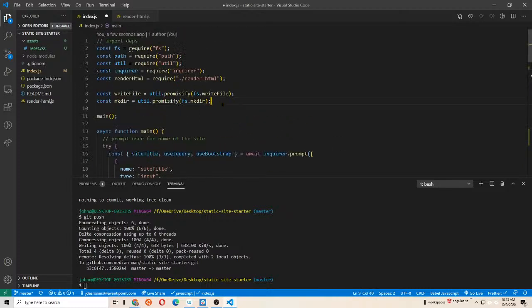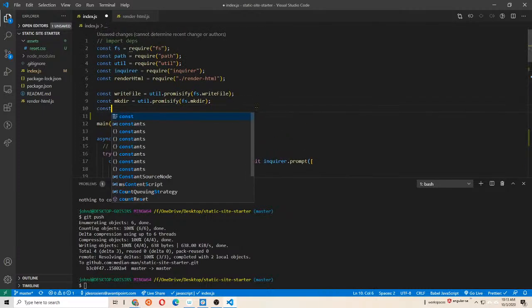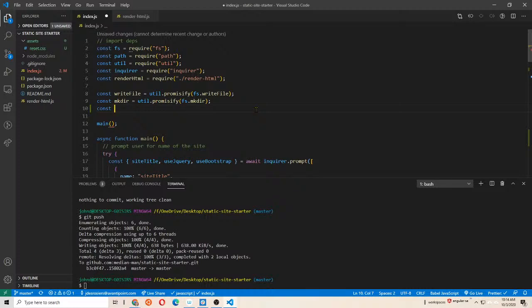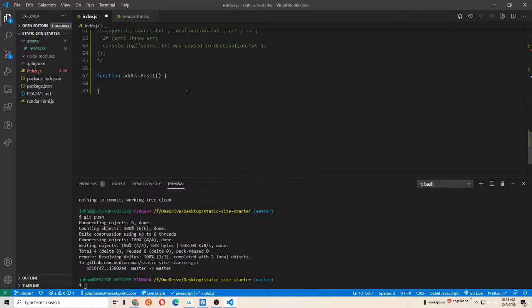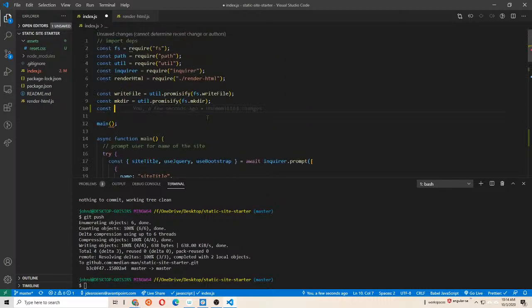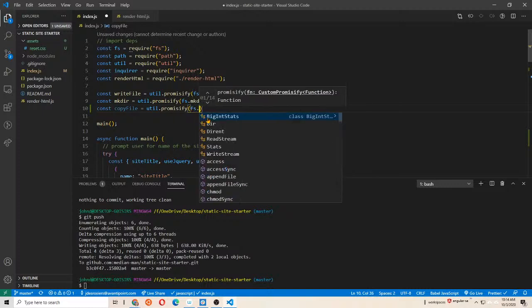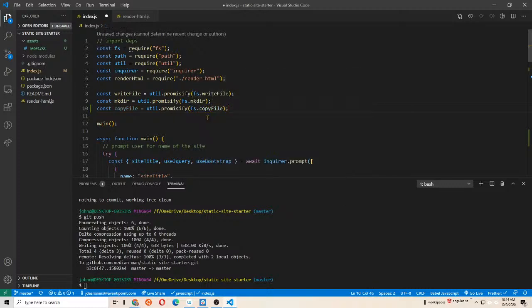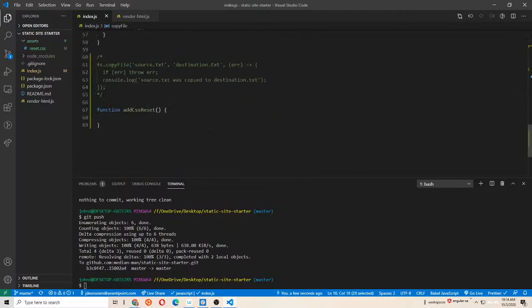And I'm going to go up top here and add another const. What's the name of this function? copyFile. So copyFile equals util.promisify again, and then fs.copyFile, like so. And that, by turning that into a promise instead of a callback signature, allows me to use the async await syntax. So let's go ahead and return